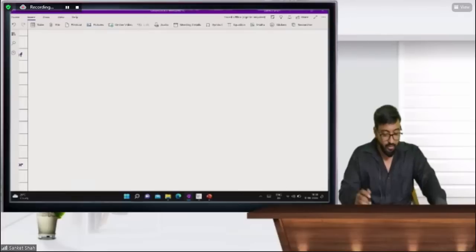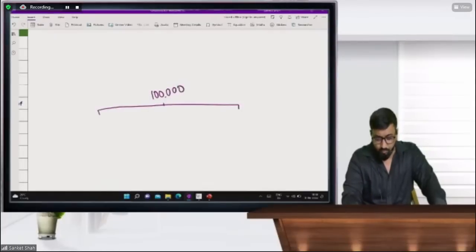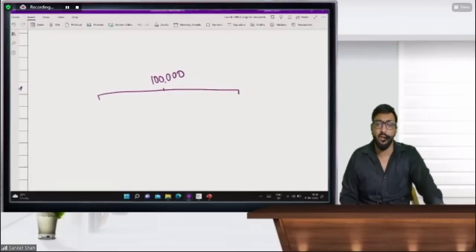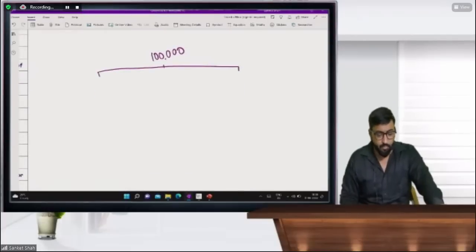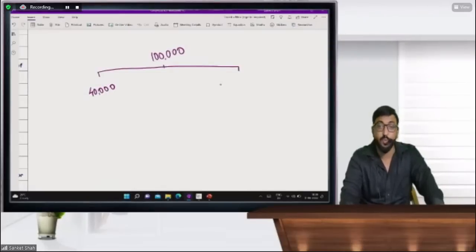No beta, not recognized. Mukta ji. Suppose your AC is costing rupees 1 lakh. Assume it's a 5-star AC, a Mitsubishi heavy duty, 1 lakh. Its compressor is costing me rupees 40,000 and the remaining part is 60,000.